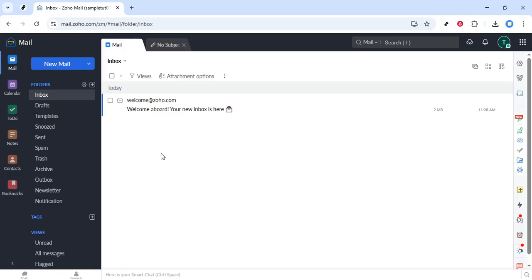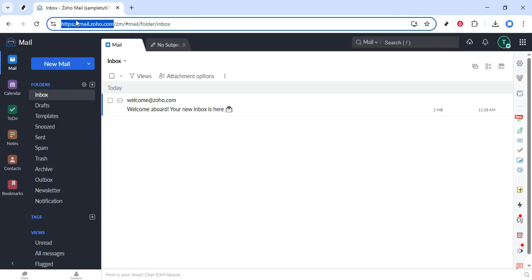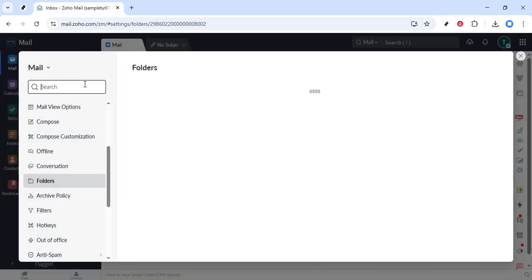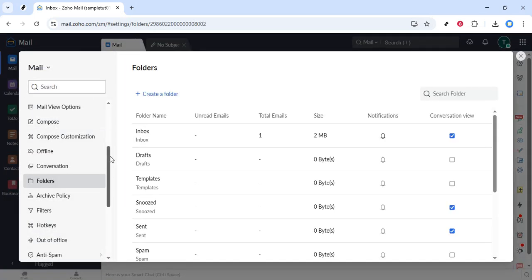folders. Start by opening your web browser and heading to mail.zoho.com. Once you're in your inbox, look to the left side of the screen for the small gear icon. It's just below the New Mail button. Click that gear to open the settings panel. The layout can vary slightly depending on your theme or account type, but the gear icon consistently opens your mail